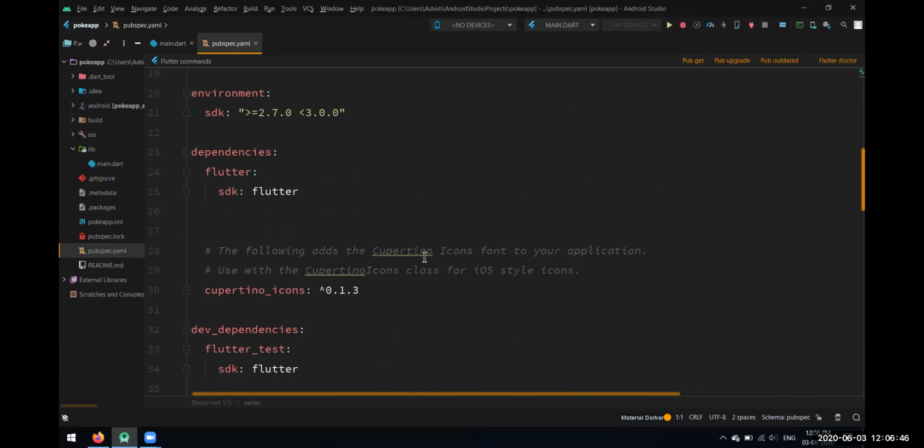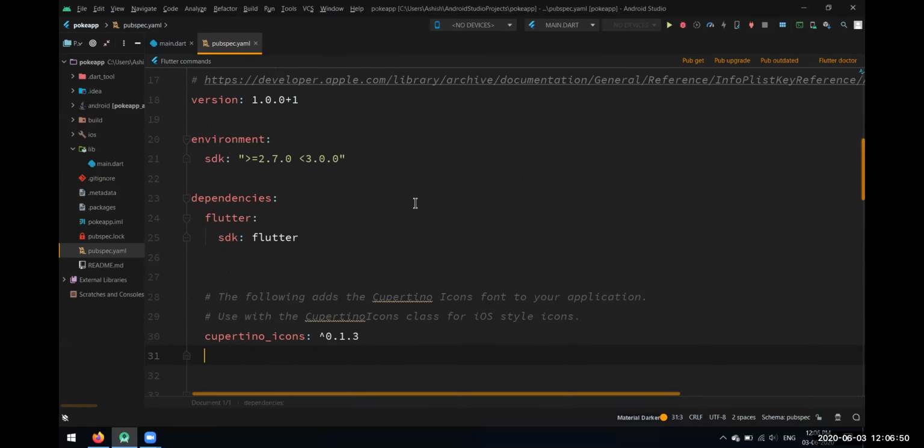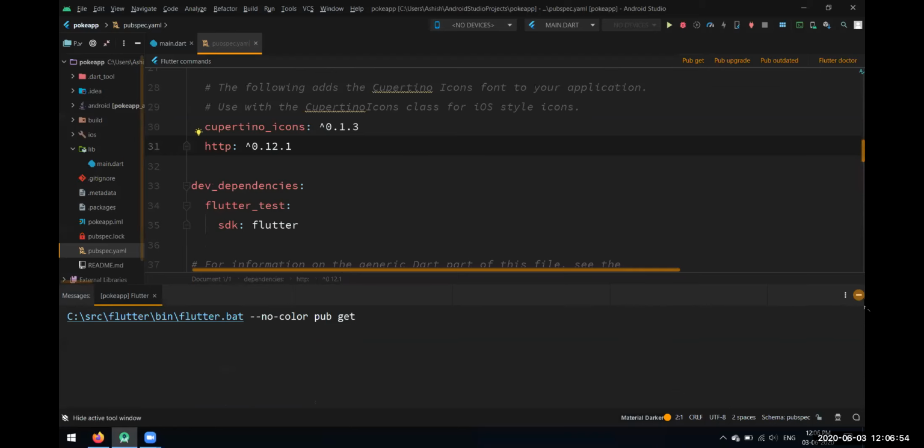Where's the dependency section? Here we have this dependency section. Copy that text over here. Run pub get over here. It will import that package. Yeah, process finished with exit code 0. That means the dependency is successfully imported in our app.